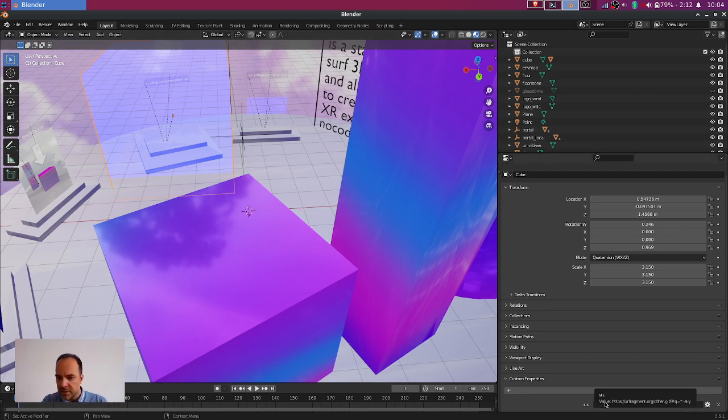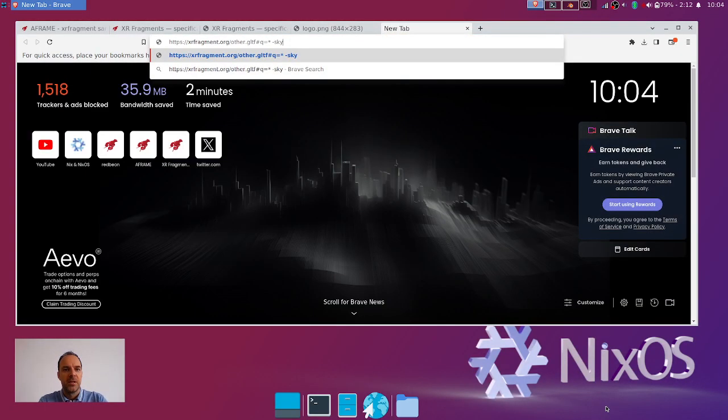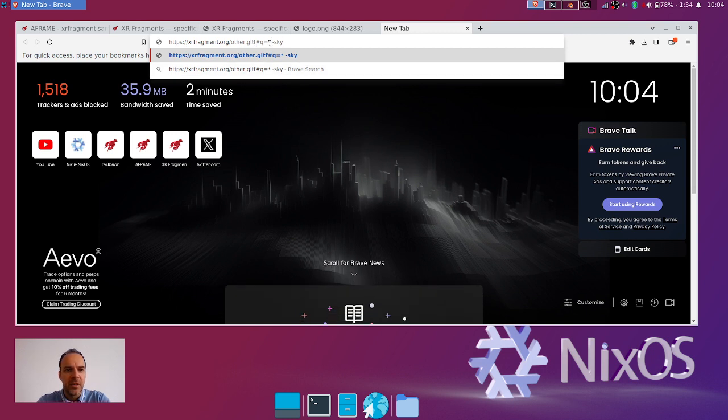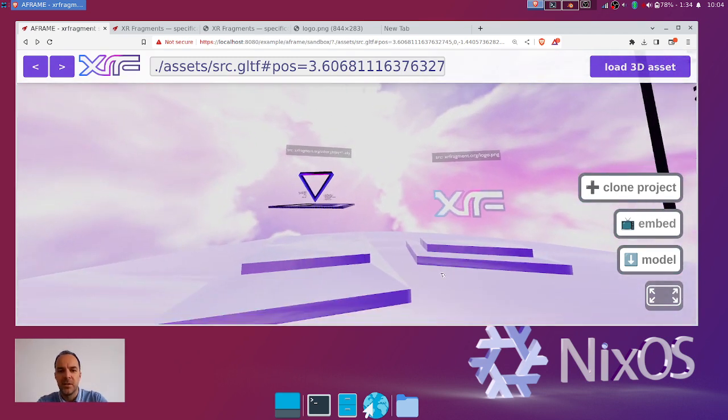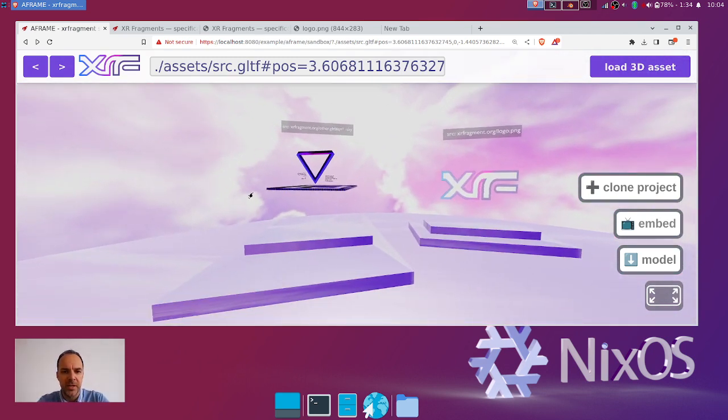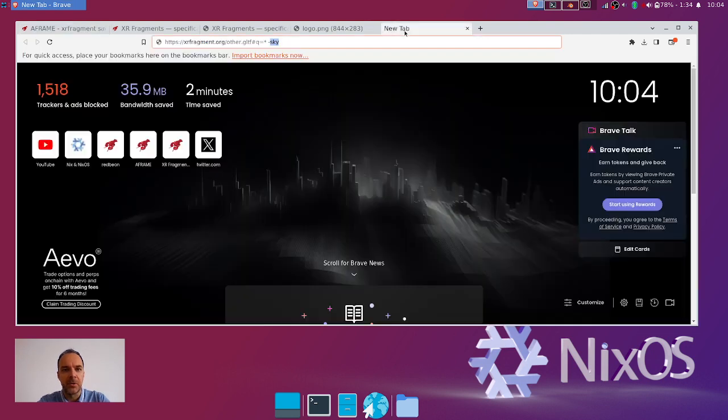So here we can see, let me copy this URL. This URL is being loaded, the other.gltf. It imports all the objects minus the sky. So why minus the sky? Because we already have a sky here. And if we didn't do that, then we would have some kind of double sky in our scene, which doesn't look very good. Okay, so this is, I think, very simple and very powerful,